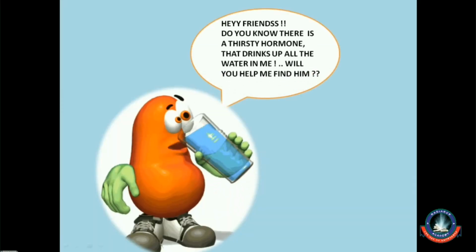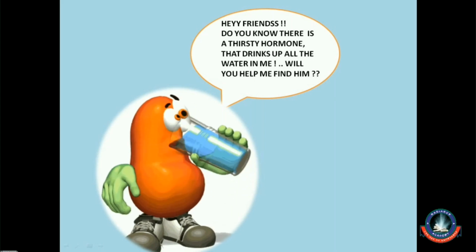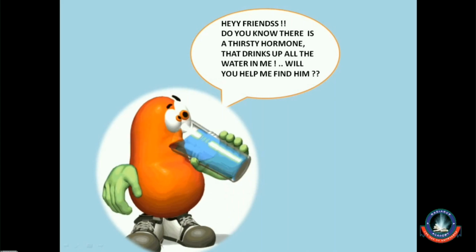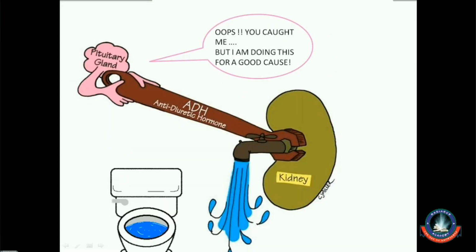Now, we drink a lot of water, but that does not mean the amount of water we drink is directly excreted into the urine. That does not happen. Now, why doesn't it happen? How is the water reabsorbed? It's something we're going to see next. So the pituitary gland secretes a hormone known as ADH. Now, ADH is secreted by the posterior lobe of the pituitary gland. What ADH basically does is it reabsorbs the water from your kidneys.